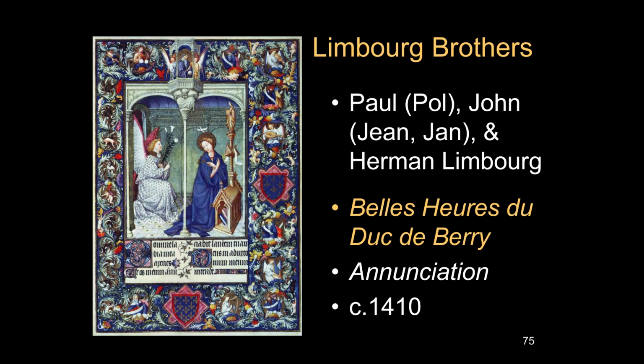So we'll just call them en masse the Limbourg brothers, although sometimes when we look at several manuscripts, you will be seeing some variation in the styles because there were three different hands. They do have, of course, manuscript numbers in the libraries where they're located, but we've also given them names. And, for example, there is the Beautiful Hours, that you're looking at a page from, the Belles Heures du Duc de Berry, the Beautiful Hours of the Duke of Berry.